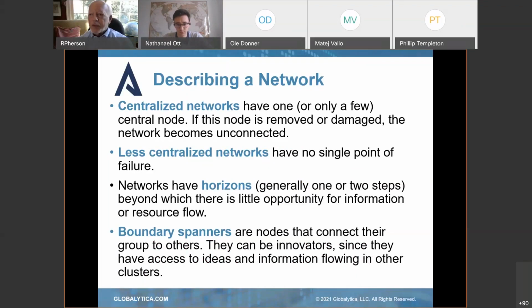and they show up and demonstrate and they do things. Whereas a centralized network, we go back to Al-Qaeda, and you'll be hearing a little bit about that from Cindy as we do our later presentation. Networks have horizons. You're one or two steps beyond the core players. How far out do you want to go? How widespread is the network? And how far does the information flow?